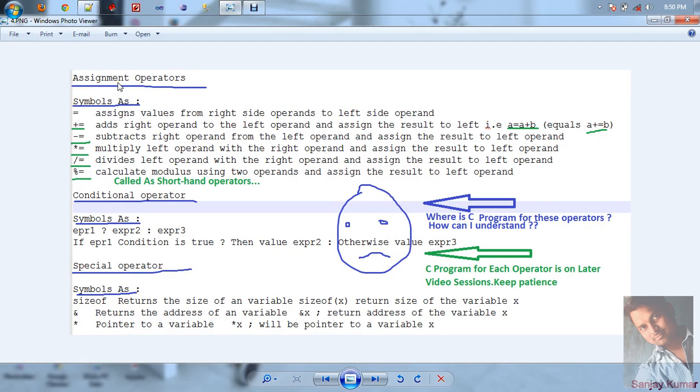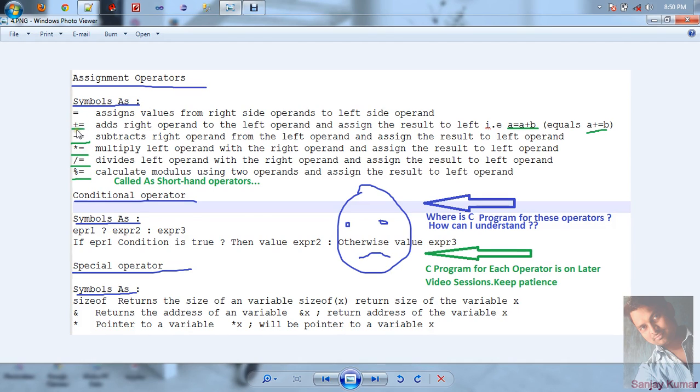Assignment operators mean we assign a value from right to left. For example, a equal to 2 means 2 is assigned to a. Another example, a equal to a plus b means the calculated value of a plus b is assigned to a, so equal to is called the assignment operator. These other symbols are called shorthand operators.